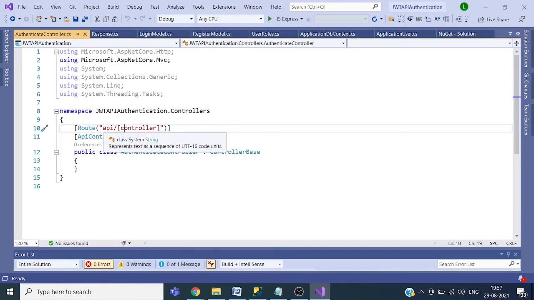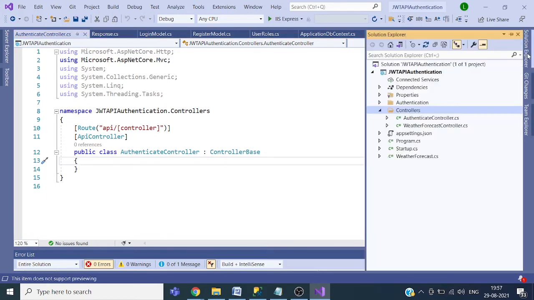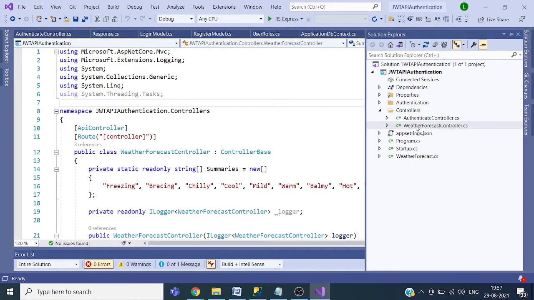So api is optional. We can remove this one. API is not mandatory. You can see in the WeatherForecast controller, we don't have api.